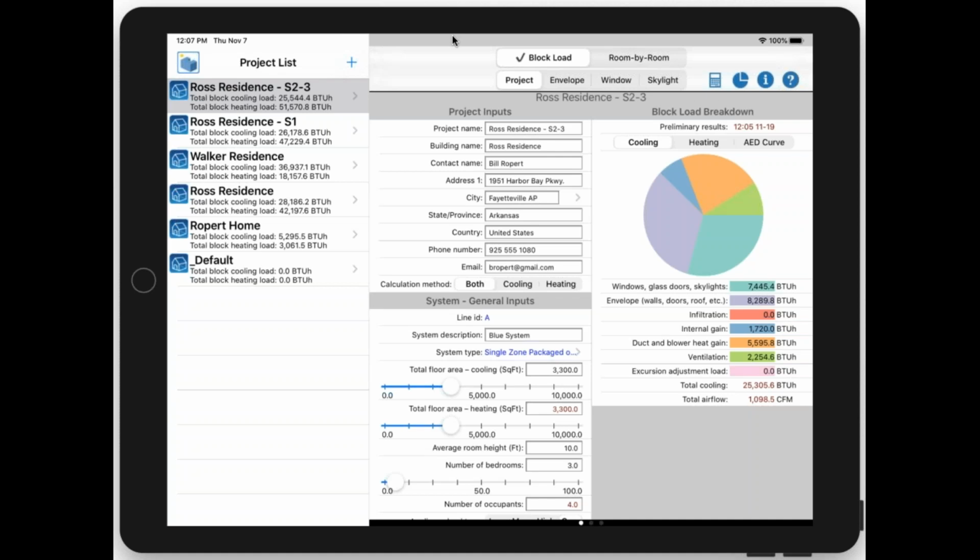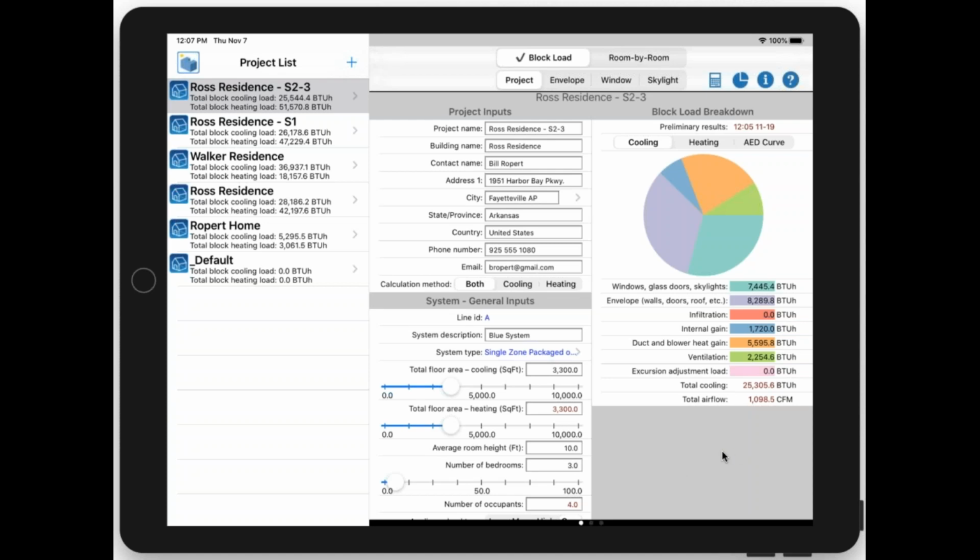All right. So I will continue. So here we have existing projects. I'm going to select an existing project for our demo today. And as I mentioned, on the left is your project list, and on the right are the inputs associated with your project. And a lot of people don't realize this, but there's actually more inputs than just what's on the